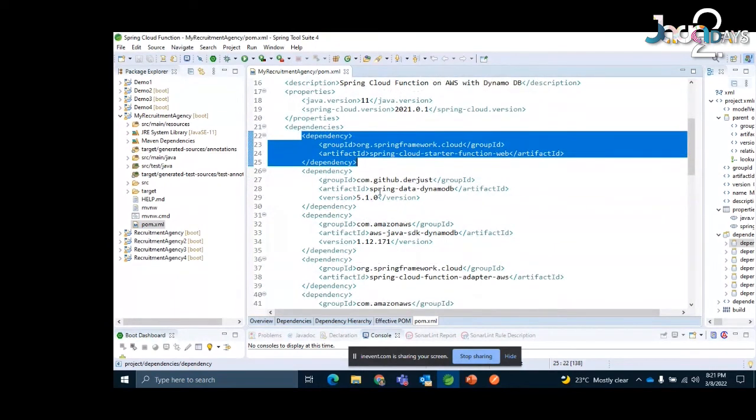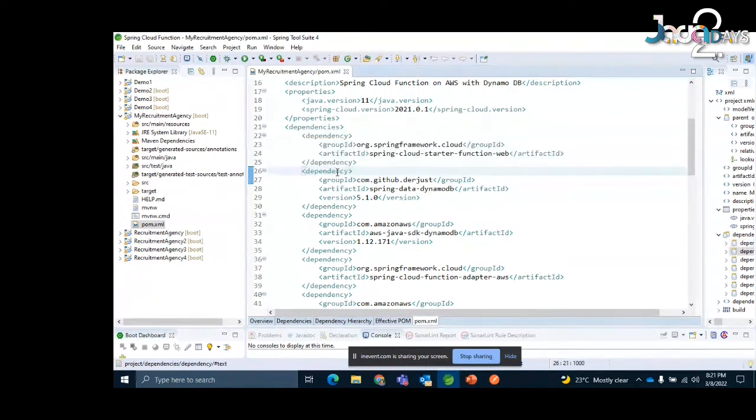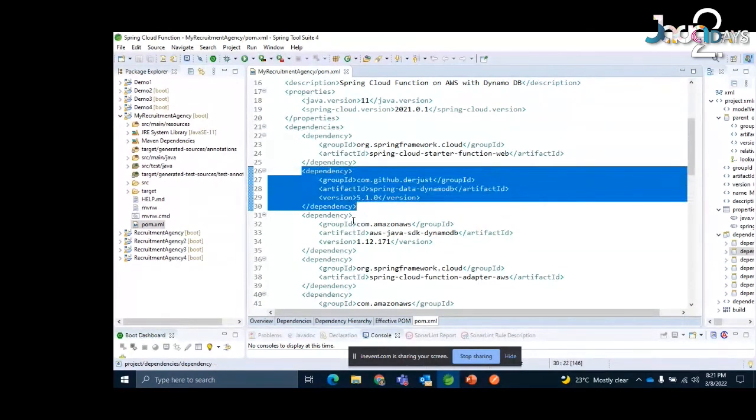The database which I will be using is DynamoDB, because if my application is serverless, my database also needs to be serverless for a better approach. And you know that in AWS, the free database which is serverless is DynamoDB. I was having just a free tier account with me. So I'm using Spring Data DynamoDB.